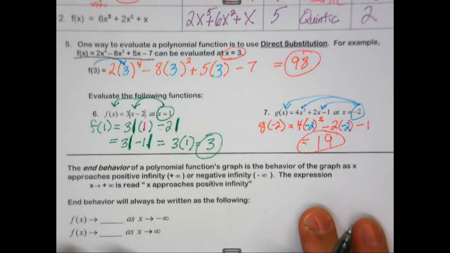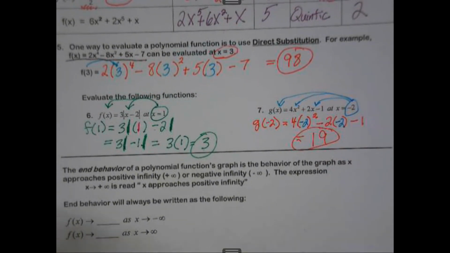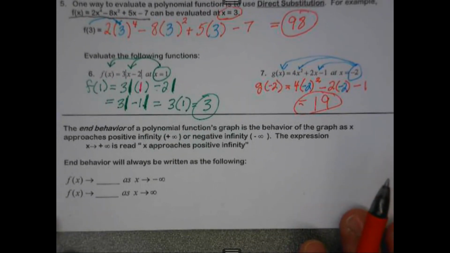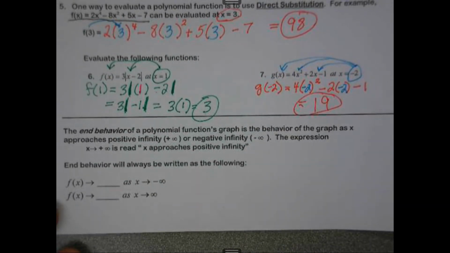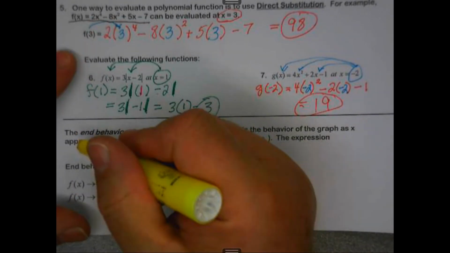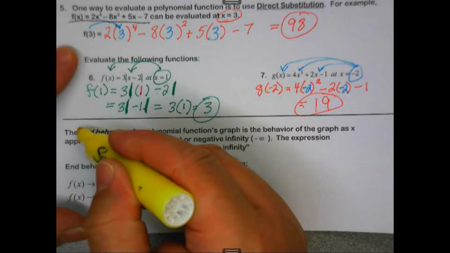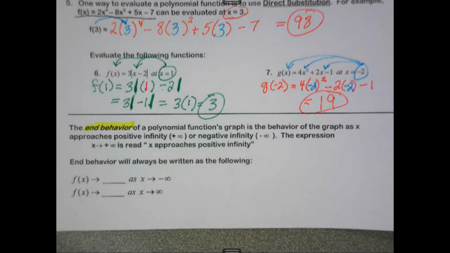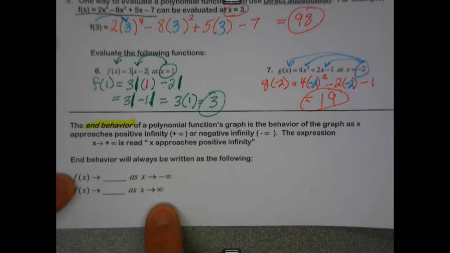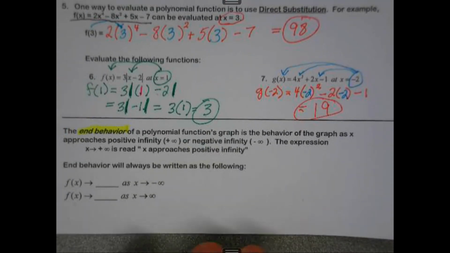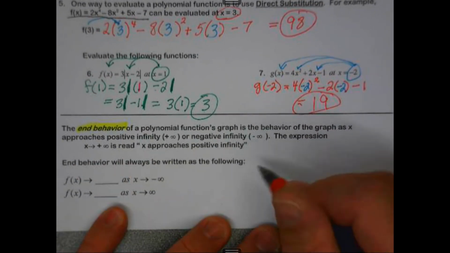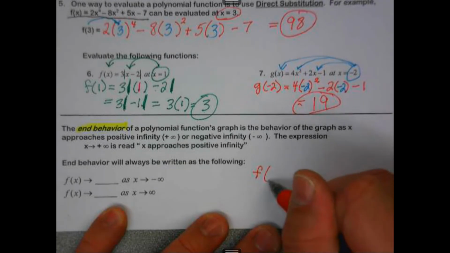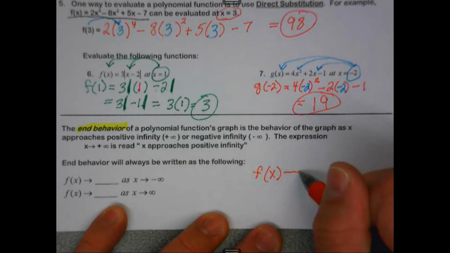Okay, so there's evaluating polynomial functions. Next, now this is end behavior. This is something brand new you've never seen before. Whenever you see, find the end behavior, put down this template if it's not there. In any problem, I see end behavior, you put the f of x approaches blank